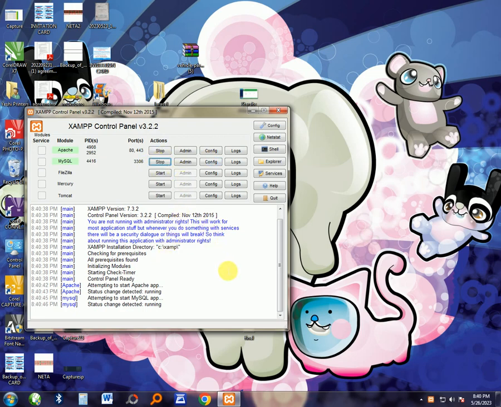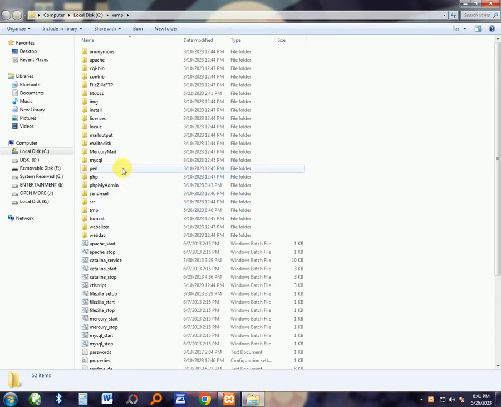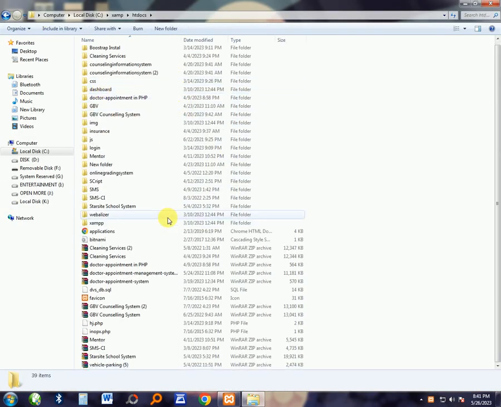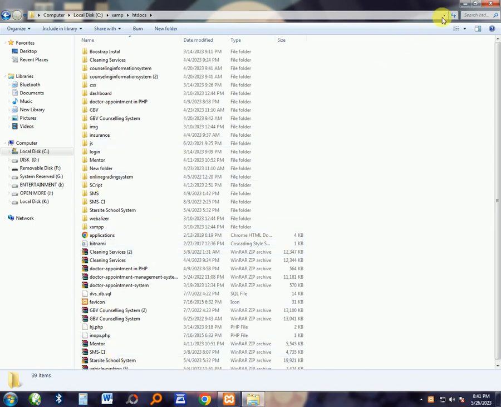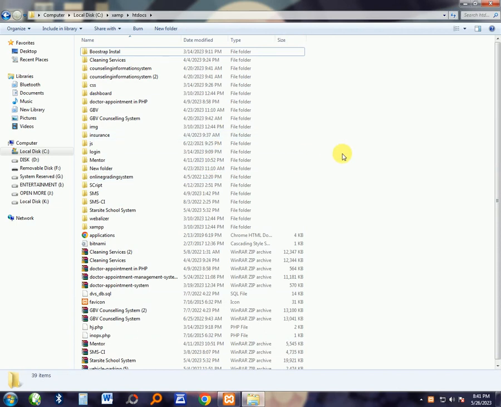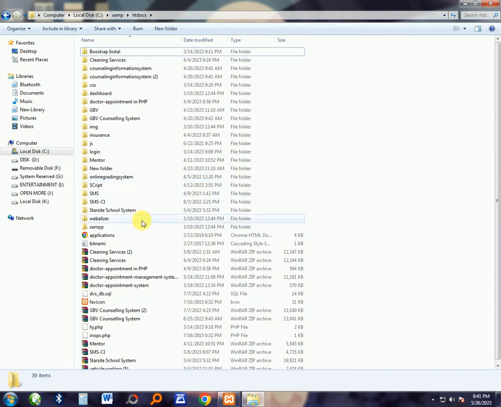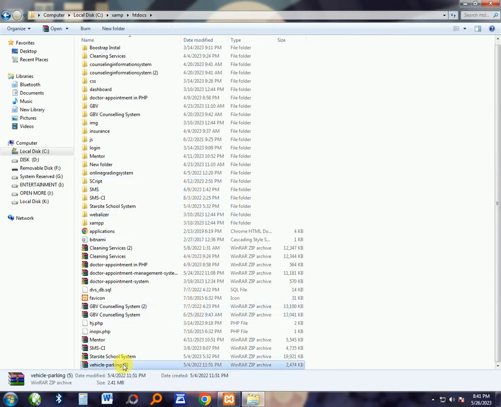Continue to the root folder. You can easily go through the Explorer option on your XAMPP control panel, and then head on to htdocs. This is the place where you should install the system. So copy the zipped file to the folder. You have copied the zip file to the folder. Then you can extract